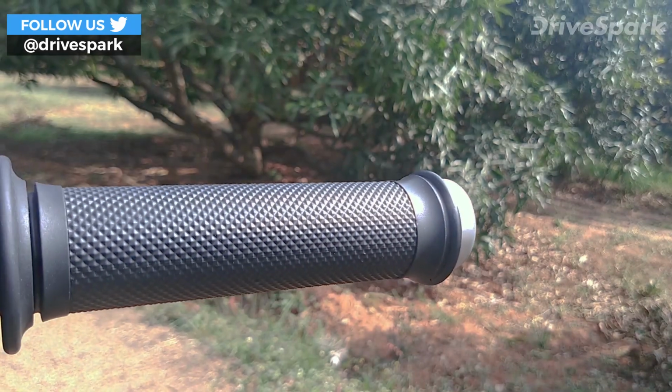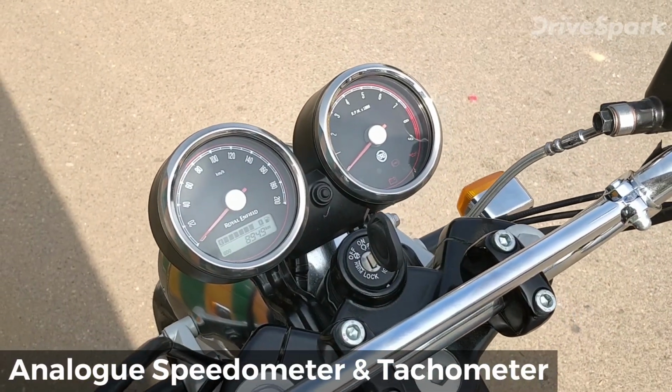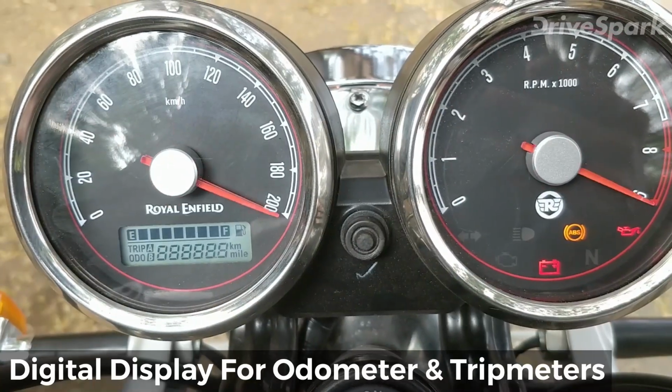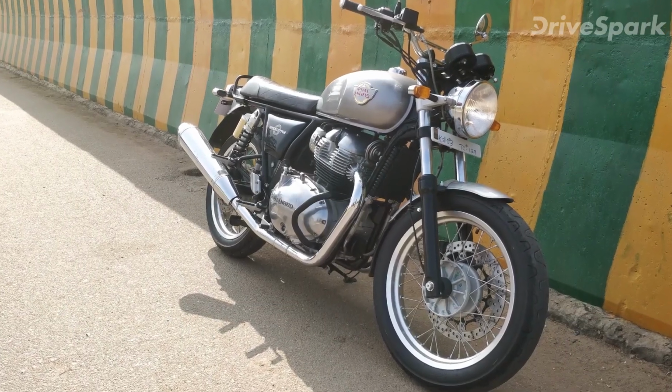The Royal Enfield Interceptor 650 is a simple motorcycle and does not boast of a lot of features. Up front is a simple instrument cluster with two large analog dials for the speedometer and tachometer. Within the speedometer dial is a tiny digital display for the odometer and trip meters. The best feature of the Royal Enfield Interceptor 650 probably are the different